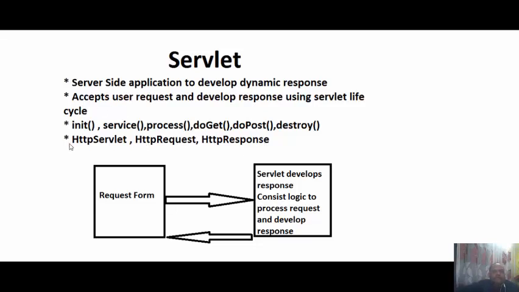Now these all classes are coming under the package called javax.servlet. By using these all classes, HTTP servlet, HTTP request, HTTP response, we are going to write server side code, server side logic we need to develop, and that is called a servlet, which is responsible for accepting user's data